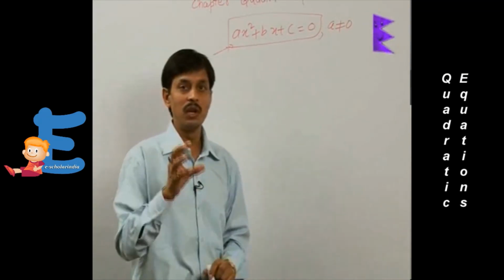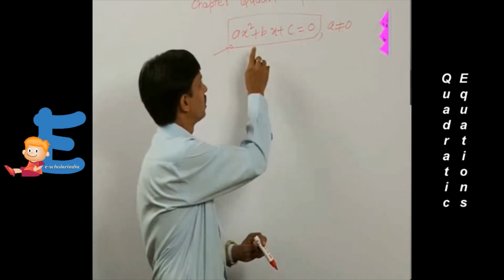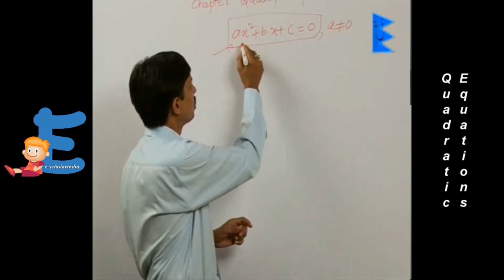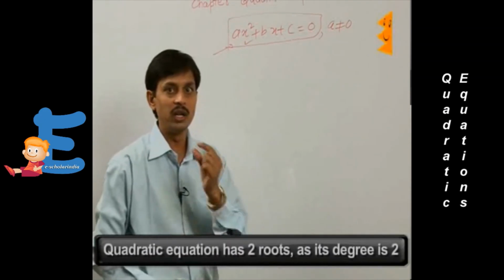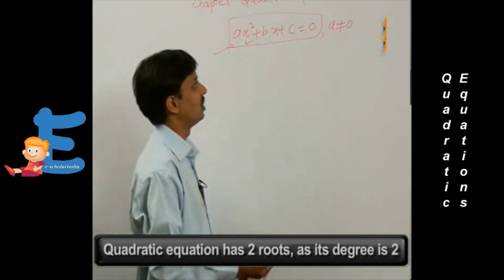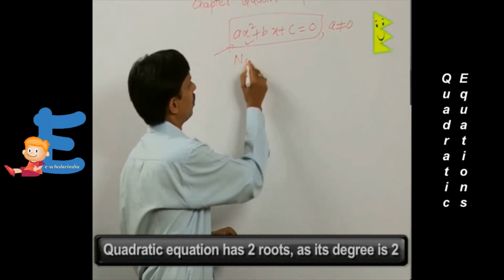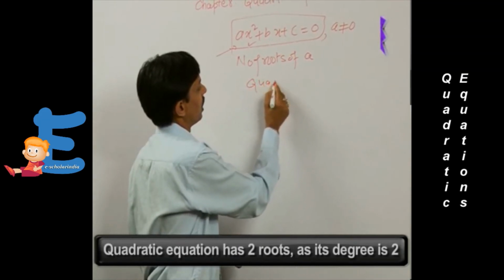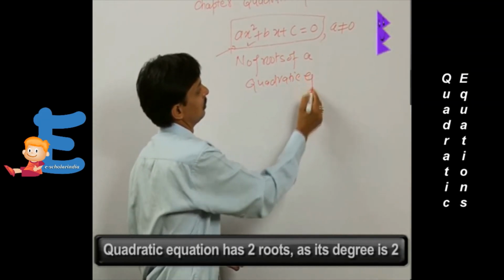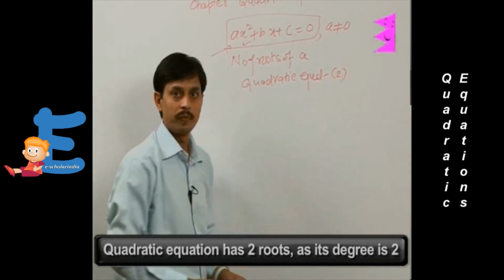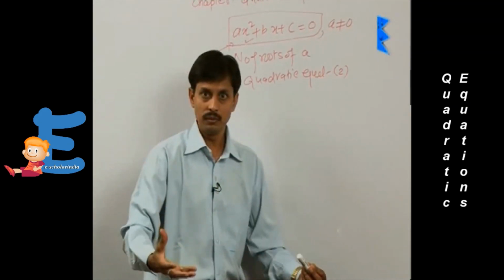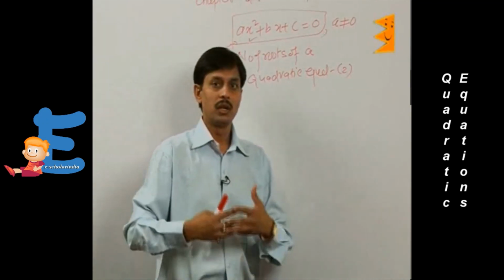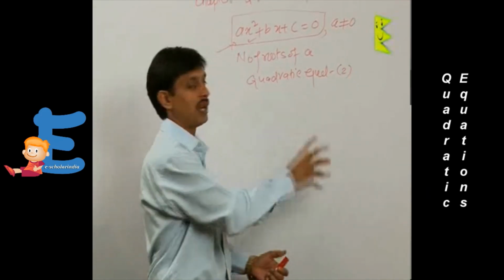Here what will we use? We will not use zeros, we will use the solutions. We will use the roots. So how many roots does a quadratic equation have? A quadratic equation has 2 roots, as its degree is 2. So the number of roots of a quadratic equation is how many? 2. Now again a thing comes: these 2 roots may be equal, these 2 roots may be unequal, and it may also be possible that these 2 roots are